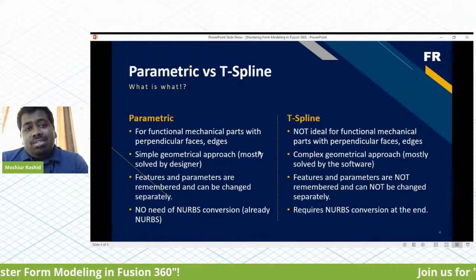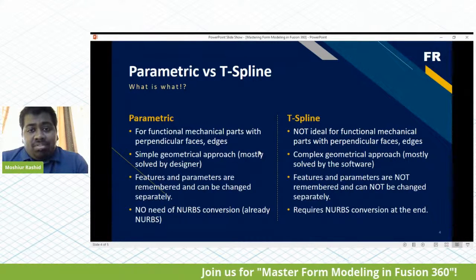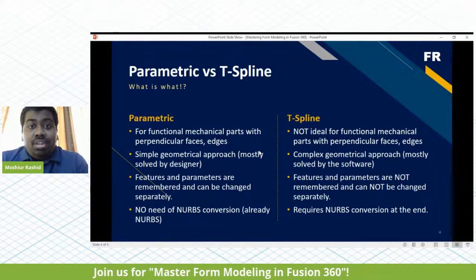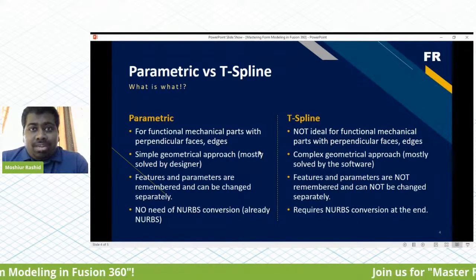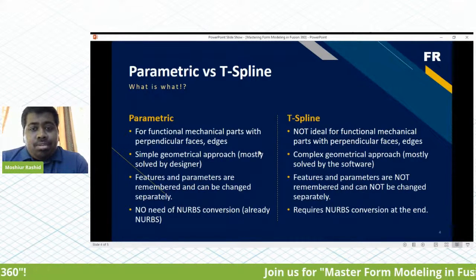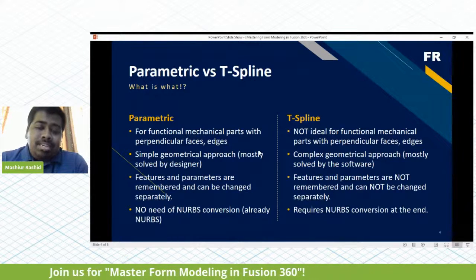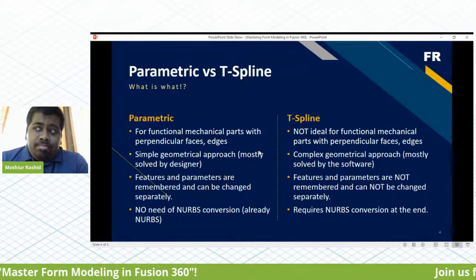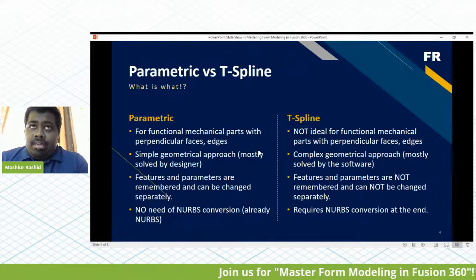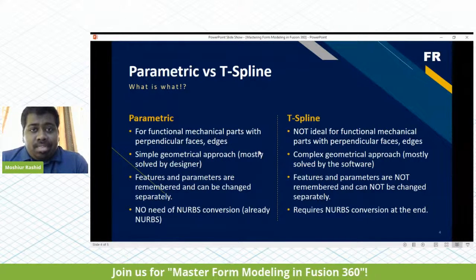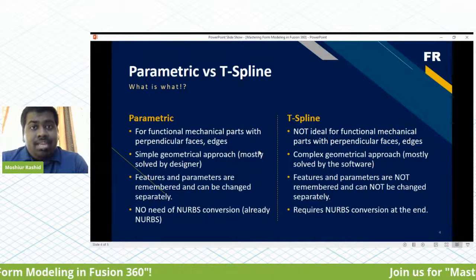But T-spline design is not just that. It is not ideal for mechanical part manufacturing. Mechanical part means functional parts. What I suggest is that if you are going to model a mechanical gear, you shouldn't do it in T-spline. You should do it in parametric modeling. But if you are going to model the outer cover of a vacuum cleaner or a very beautiful internet router, the outer shell of that product that is going to be visible,